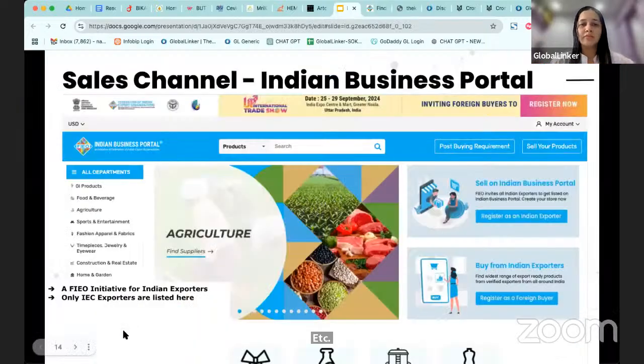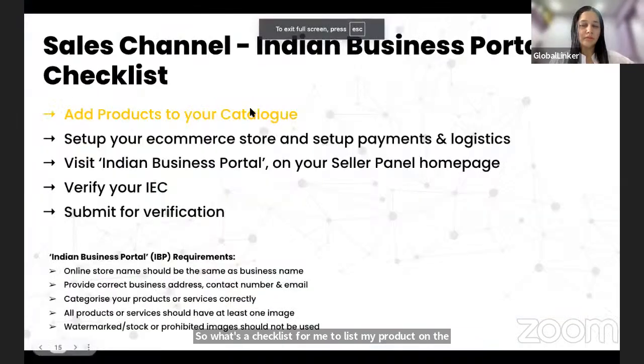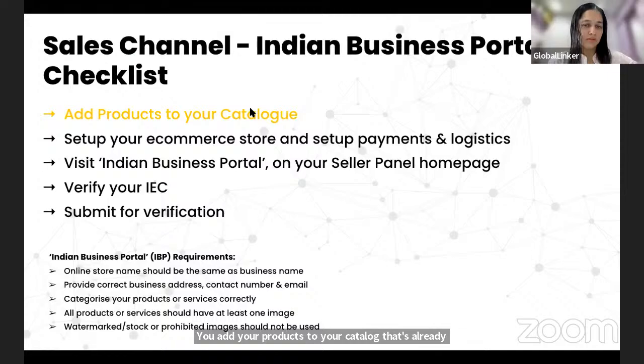So what's the checklist for me to list my products on the Indian Business Portal? You add your products to your catalog. That's already done. That's why it's in an orange color. Then you set up your e-commerce store. You have to set up your payments and logistics, because